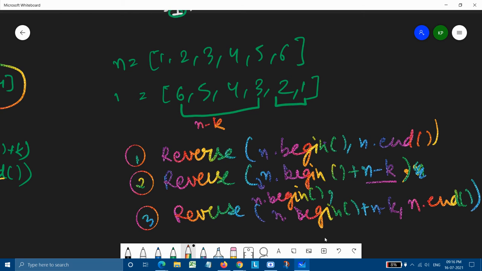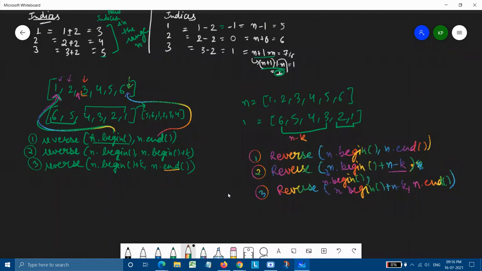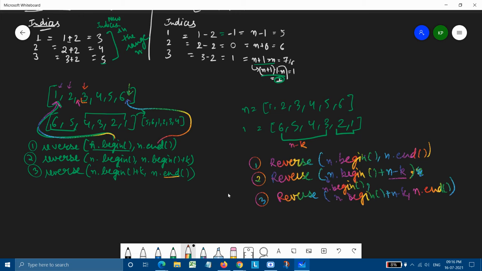So basically, these were the two parts which we were doing. Like if we compare, we need to do like this. That is, if we are rotating our array clockwise, then we need to do like this. And if we are rotating our array anti-clockwise, then we need to do like this. So this was the basic part of this algorithm which we need to perform for reversing an array, whether it is a left shift or a right shift. These are the only two confusing parts.